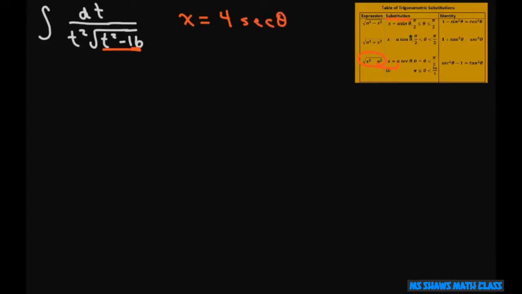Now, our interval is either going to be quadrant 1 or quadrant 3, and we'll be using this identity. So our derivative of x is going to be 4 secant theta tan theta d theta. Now what I want to look at is just this portion here. So when you substitute